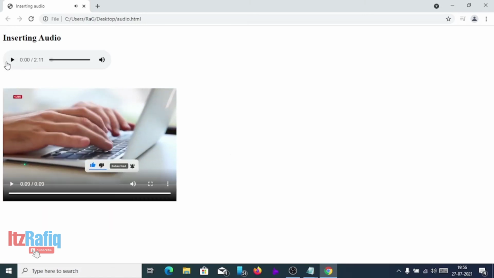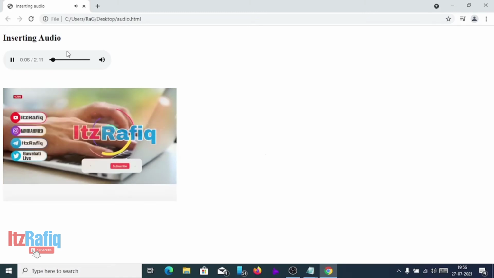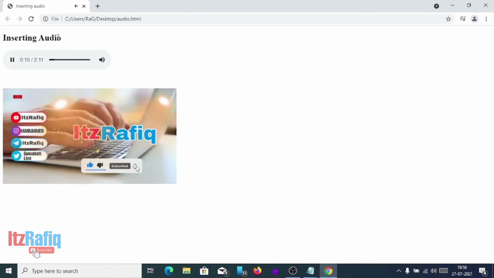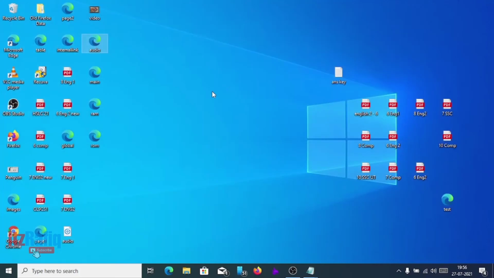And for the audio also, we can press the audio button and play. Now here you see the audio and video files are playing simultaneously on the page. This we can do in our HTML5 document. So by using audio and video tags, we can insert audio and video files to our HTML document.